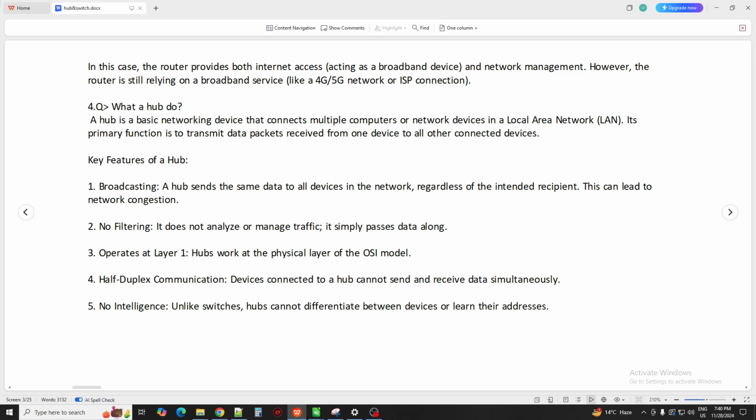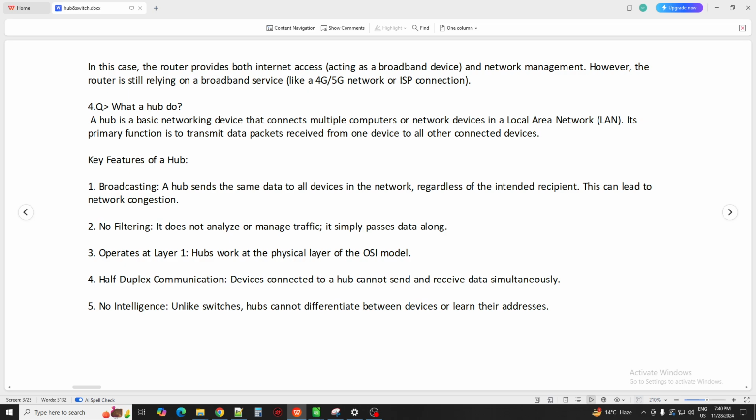Even if you transfer that amount of data, there is a lot of lag, it cannot process it, and the speed is very slow. So they introduced the concept of LAN, hubs, or switches.